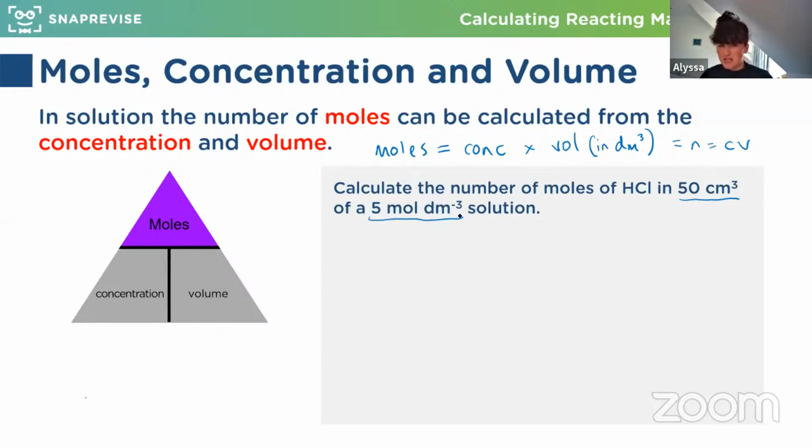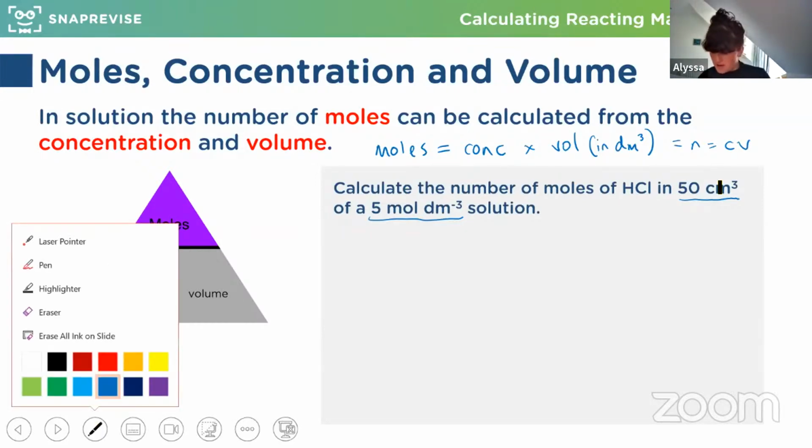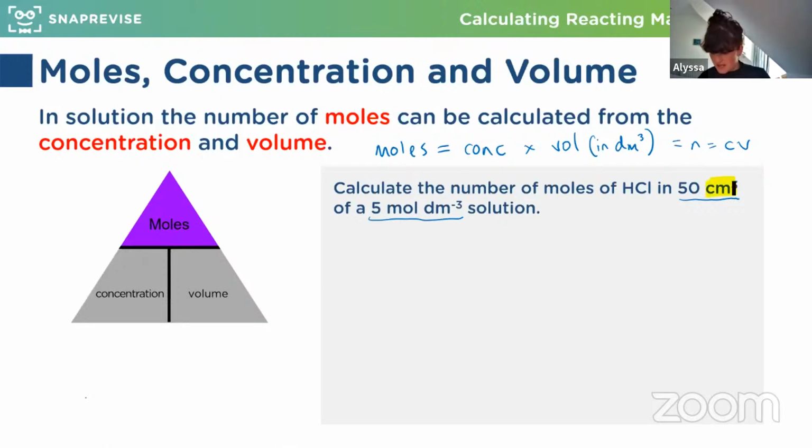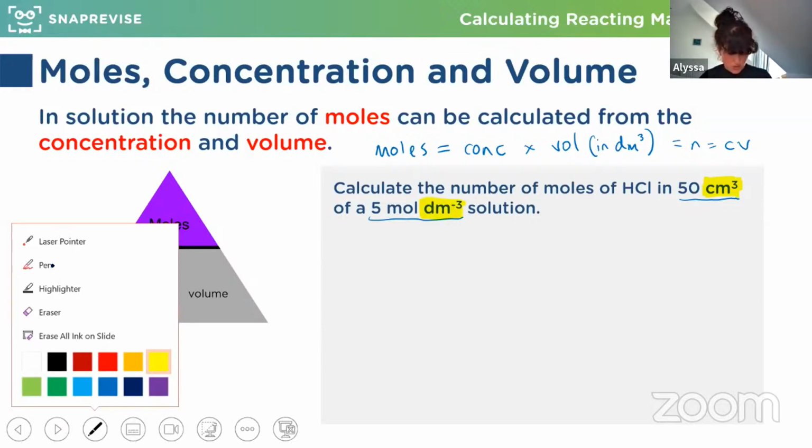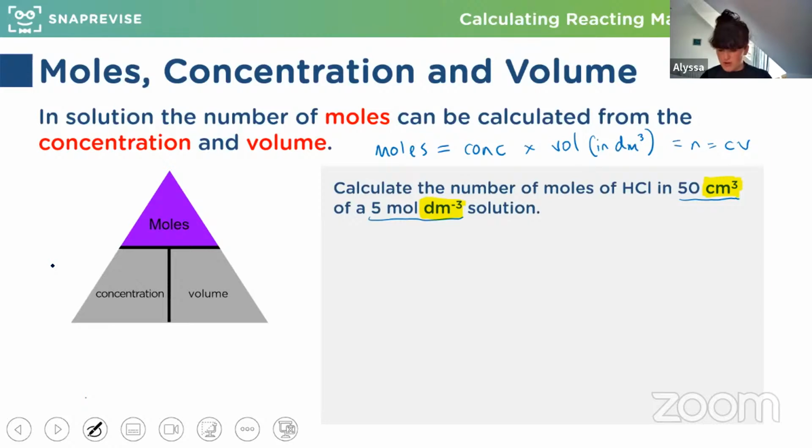Let's just double check. The thing we might have noticed, I did put a little bit of emphasis on it, is often the bit that students make mistakes on in exams. If it's only a 1-mark question, then you've lost the whole mark, which is a shame. If it's a 2-mark question, you may only lose 1 mark, but we do have to make sure that we put our units in the same unit. So first of all, let's convert our volume.